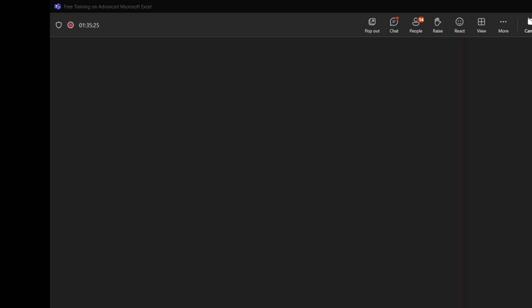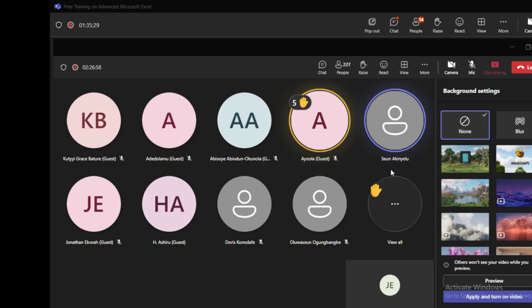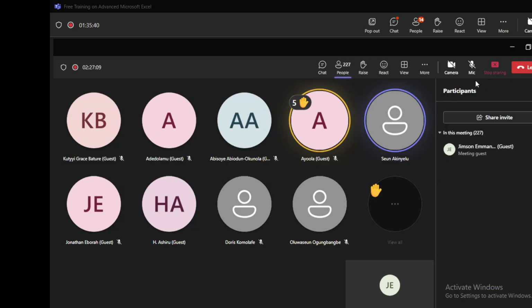Now, there's an Excel function that you can use to convert a text to a number. So if I say equals to value, open brackets,